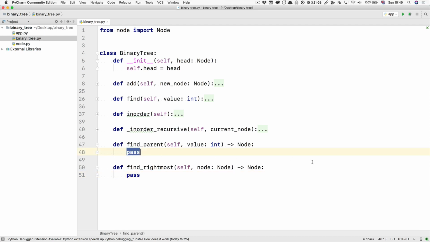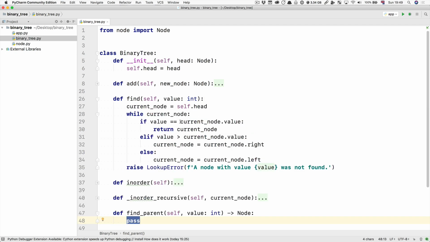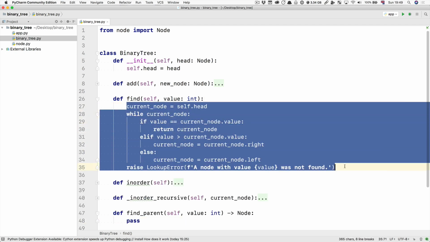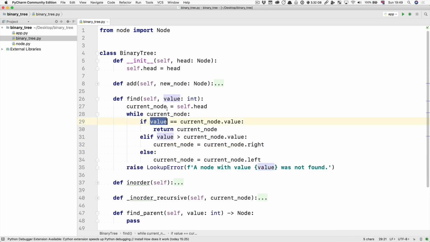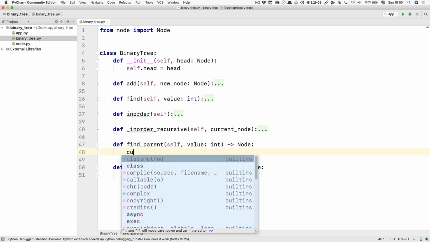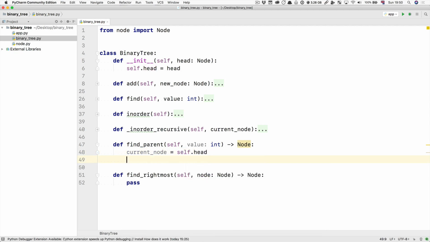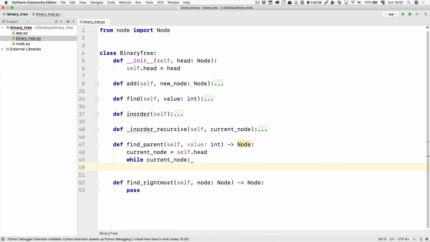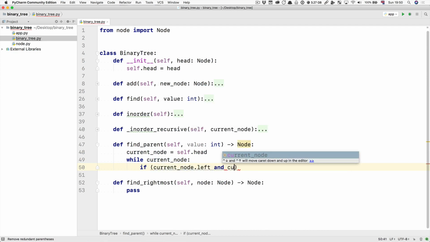What we're going to do for find parent is just the same thing we did for find. I'm going to open it here. Go through all the nodes, but instead of checking whether the value we provided is equal to the current node's value, we're going to check the left and the right. So we're going to see if any of the children have this value, and if they do, we're going to return the current node. So for find parent, I'm going to say current node is self.head, and then while current node is not empty, we're going to say if current node.left exists and current node.left.value is equal to the value,